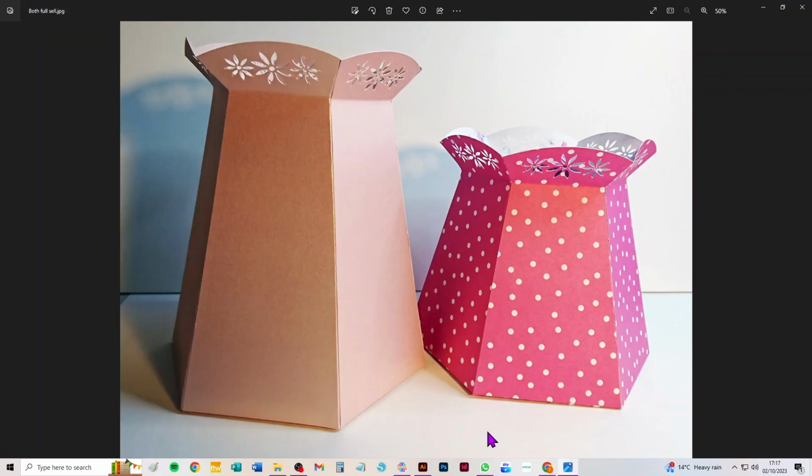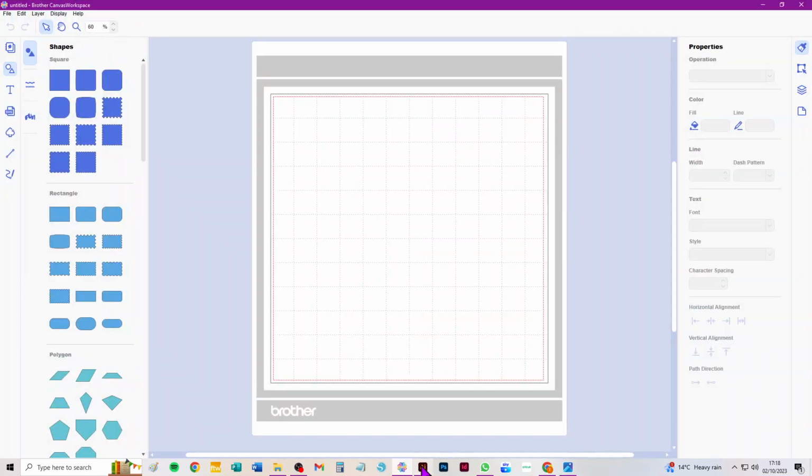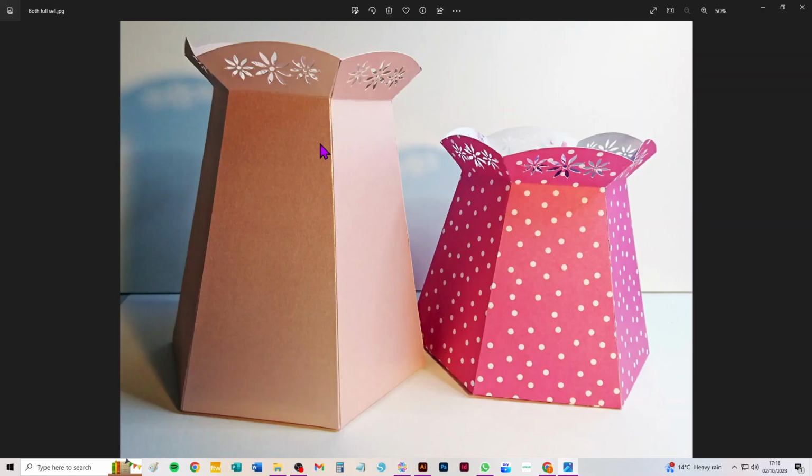Hi everybody, this is a video showing you how to take the SVGs through Brother Canvas Workspace to make these vases. A customer bought these and couldn't work out how they would go through, and I don't know why I haven't had any more feedback from them than that, but they felt that they couldn't be converted, but of course they can. The issue with these two is that they've been designed for Cricut Design Space, and so they're actually